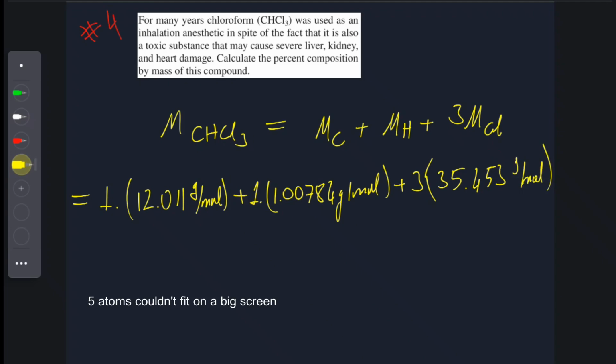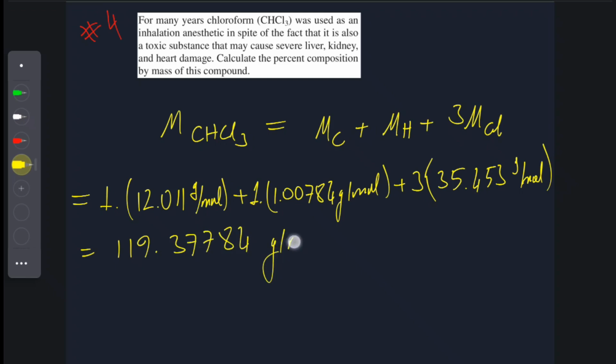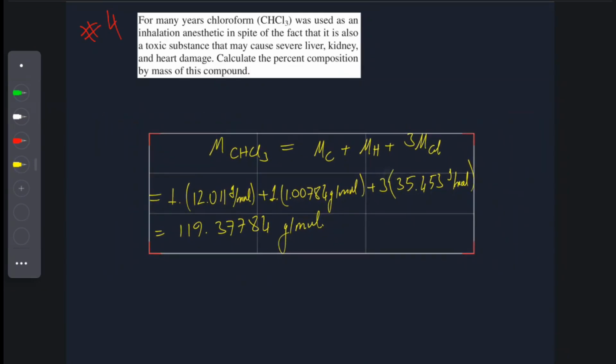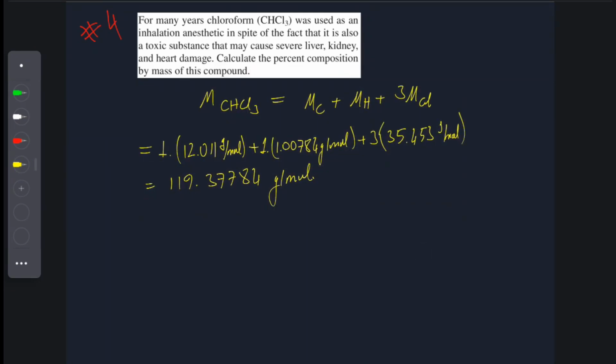So the total mass, the molar mass, is 119.37784 gram per mole. I can make it smaller to gain space, and then I want to calculate the percent ratio of